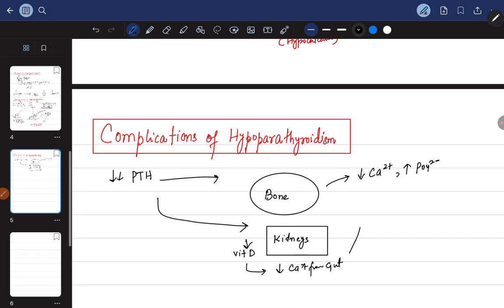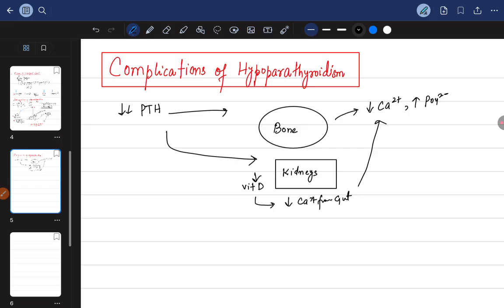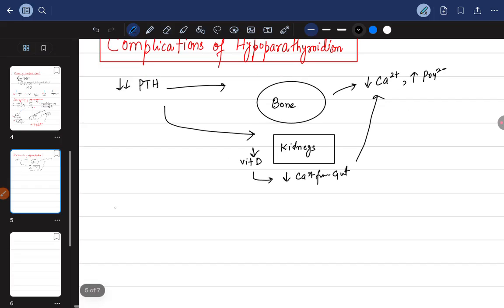Finally this. Okay, so this is what I told you in the pathophysiology. Now, in order to understand the complications, the first complication is that